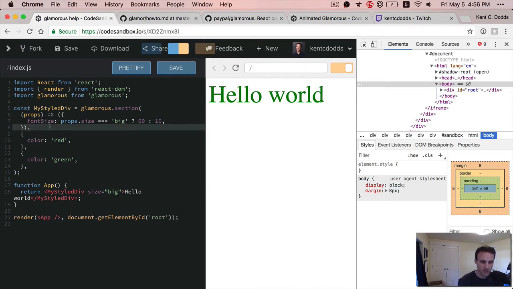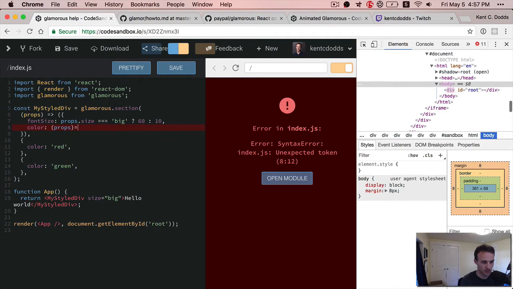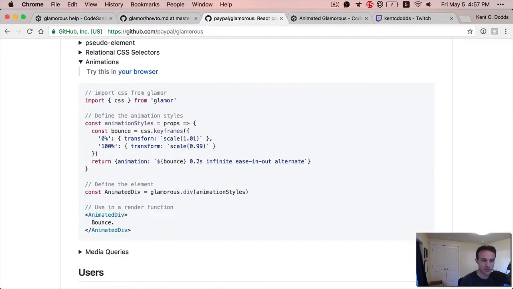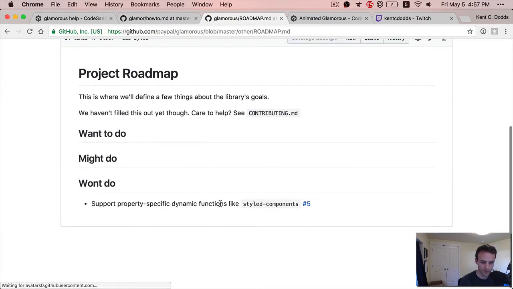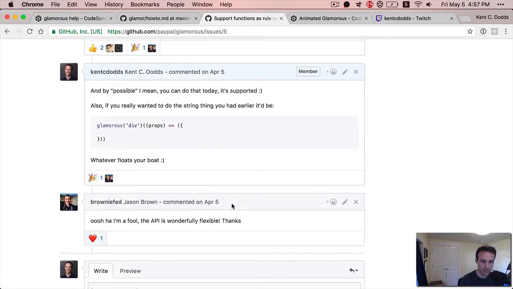With styled components, the way you do dynamic props is you can say color, and then here you have props, and then you can return what you want the color value to be. And this would be in a template literal. We don't do that with Glamorous, and I think I explained why in the roadmap. Maybe I linked to it. It's a won't do thing, in number 5. And the reason is mostly, you can read about this later, that you can,